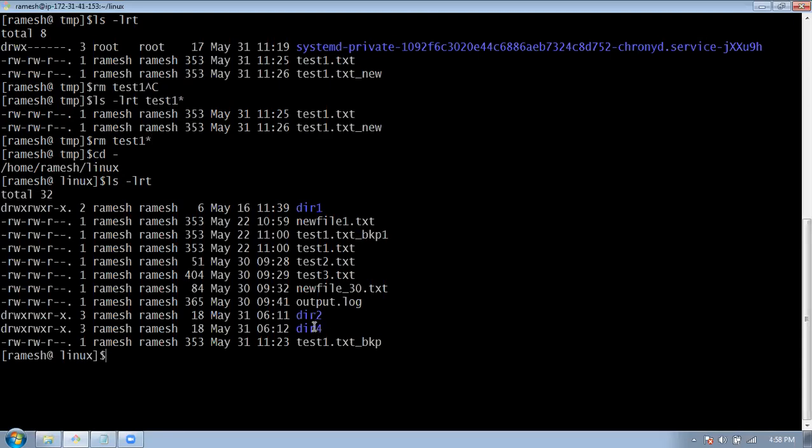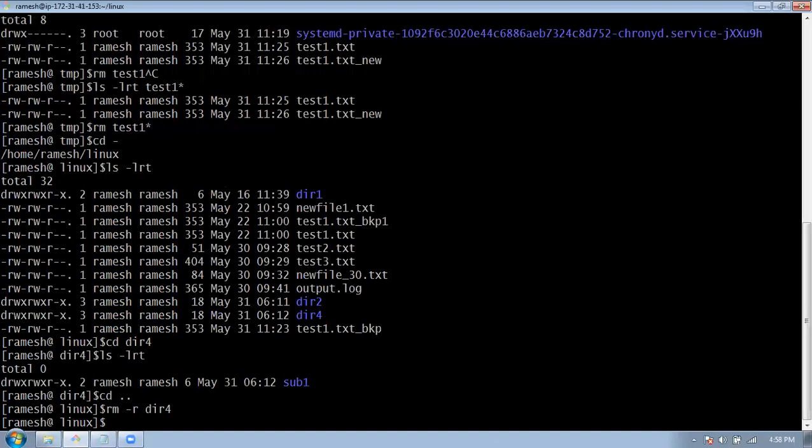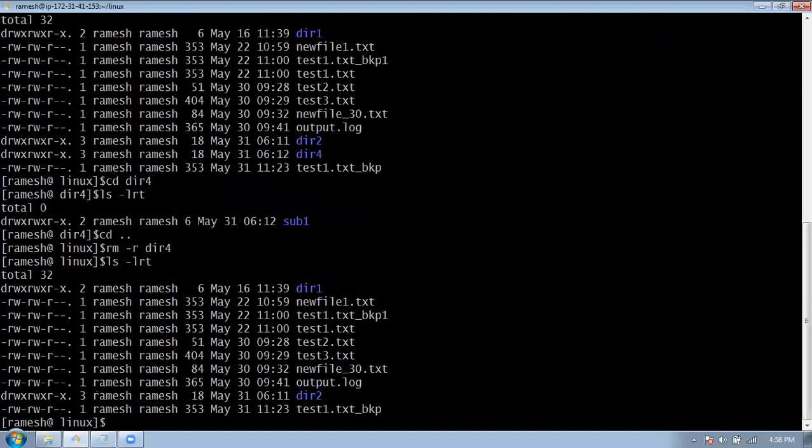Suppose you want to delete any files inside the directory and recursively, then you can use rm -r and then directory name. So the directory has been deleted now.